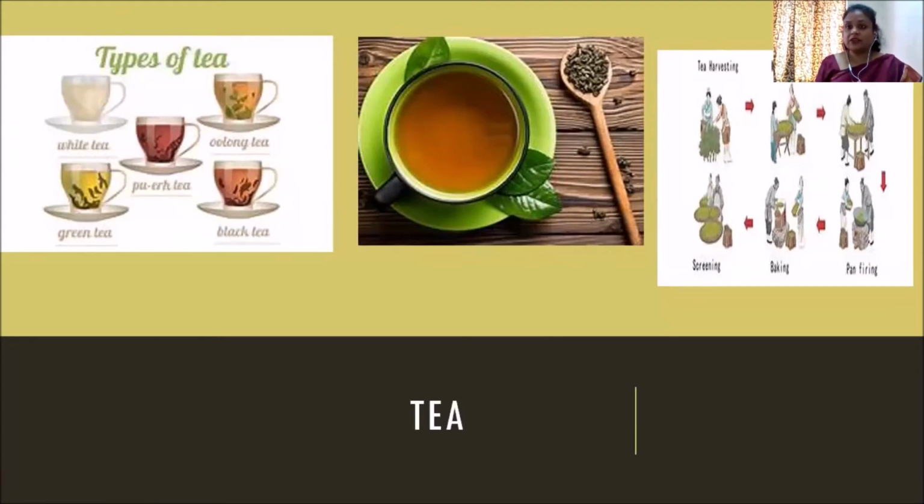There is a process, as you can see in this slide. First you have tea harvesting, then withering, rolling, screening, baking, then pan frying. These are the 6 steps they follow during tea processing. But as you have different flavors of tea, around 450 flavors of tea, we'll look at different kinds of tea. Take an example of a